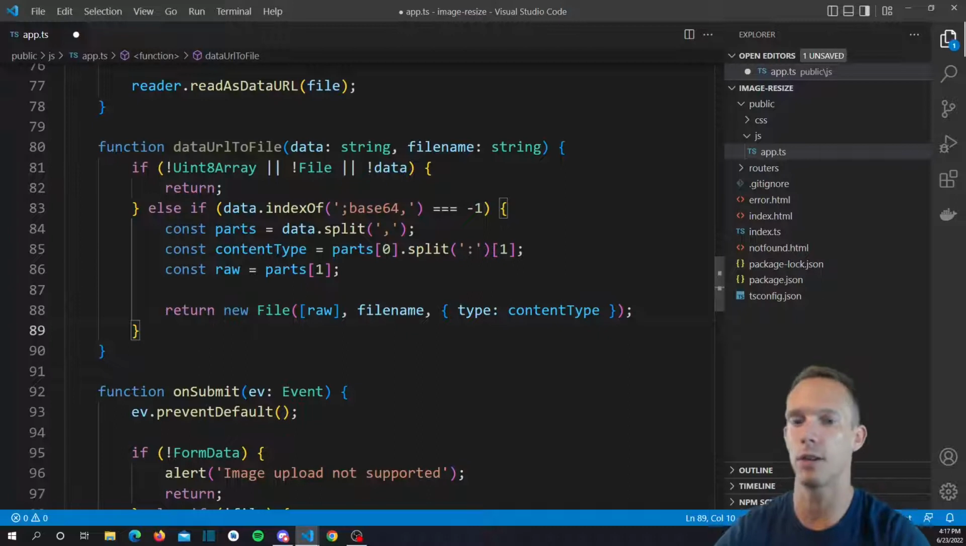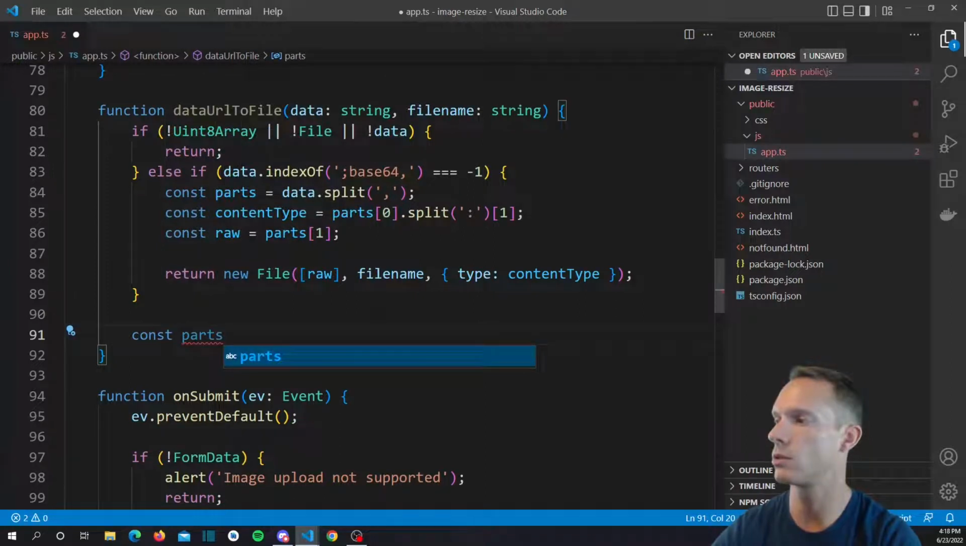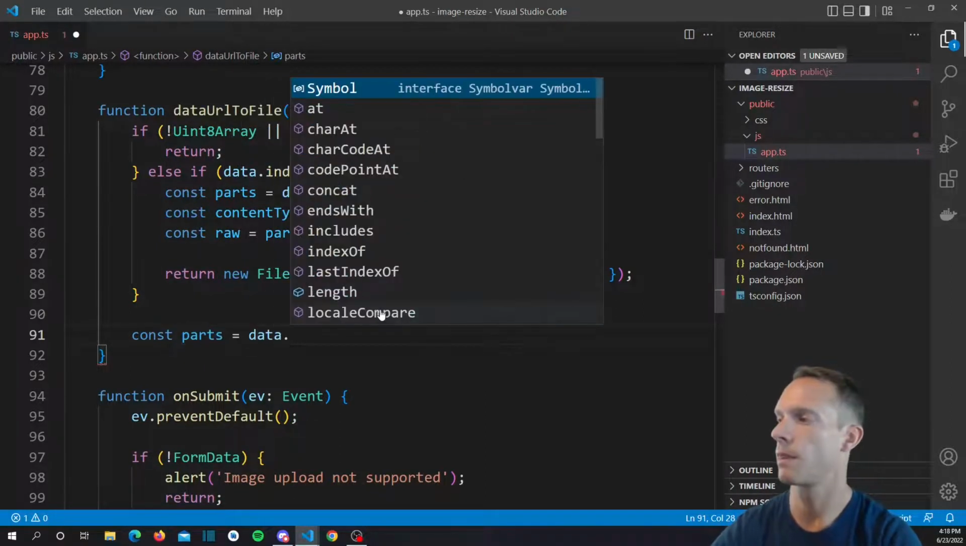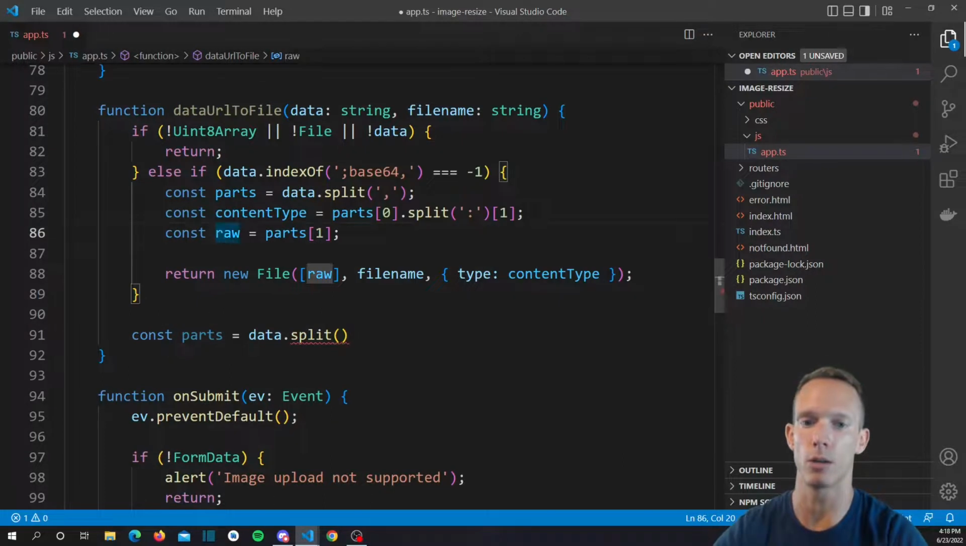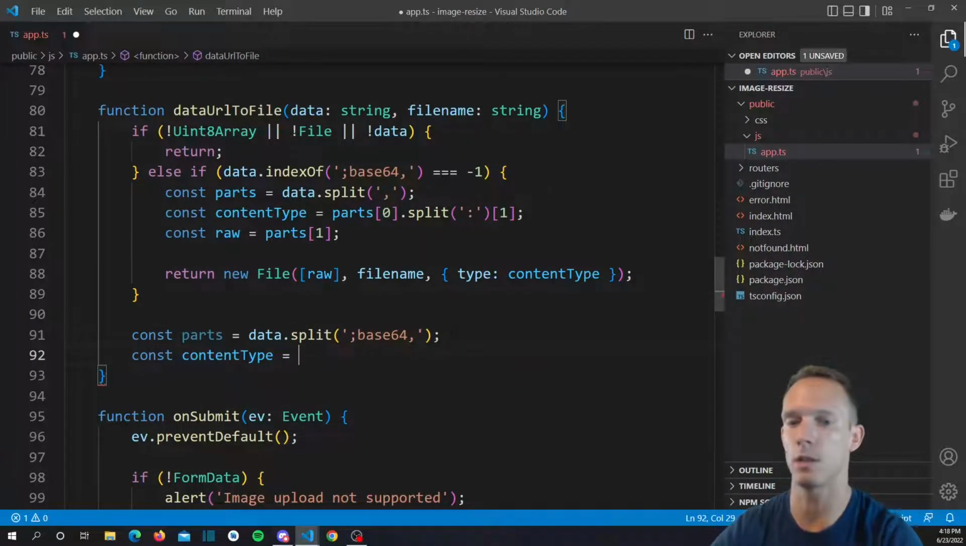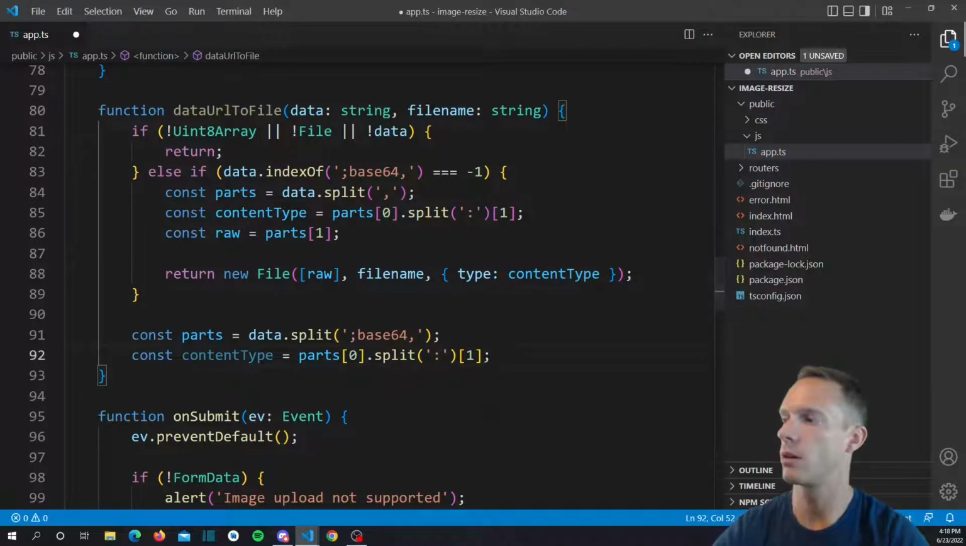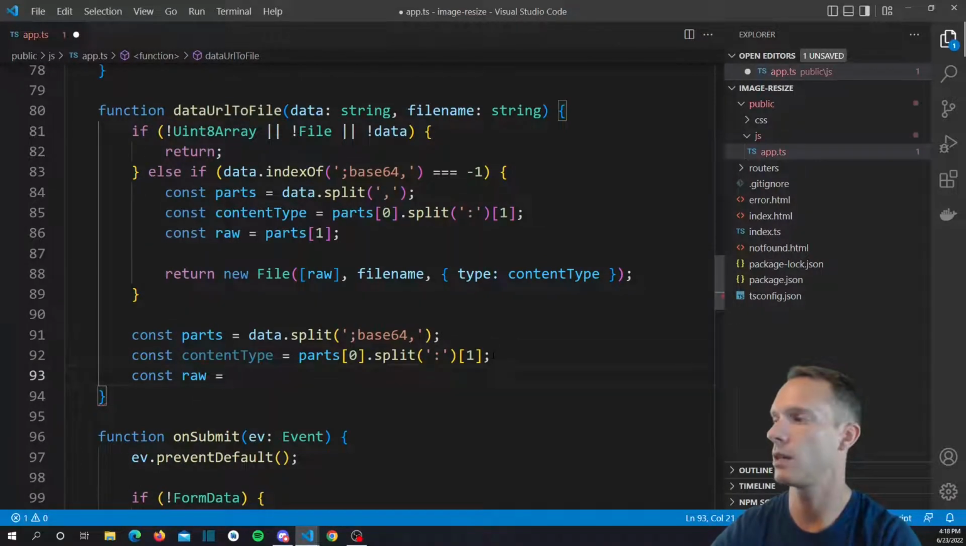Finally, if none of these cases, we know that it is base64, and we can do the same thing, except now we're going to split it on the base64 marker. So we're going to just use this. You could create a variable for that if you want. A lot of people would prefer that. So the content type is going to be basically the exact same thing. So we're going to just do part0, split on the colon here, and we're going to grab the first part, so that's going to be our content type, and then we have our raw data equals,